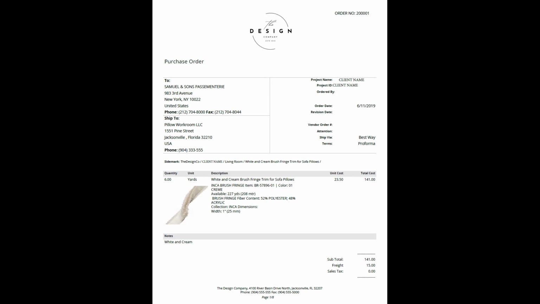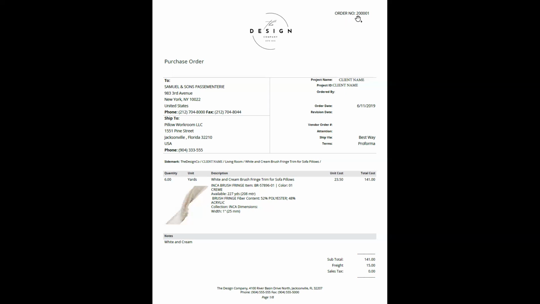But really, the reason why this number is important is because if for some reason this trim is delayed and the designer has to call the manufacturer, Samuel and Sons, and say, hey, where's this trim? The manufacturer will have this number in their system, and they're going to ask, what's the purchase order number?